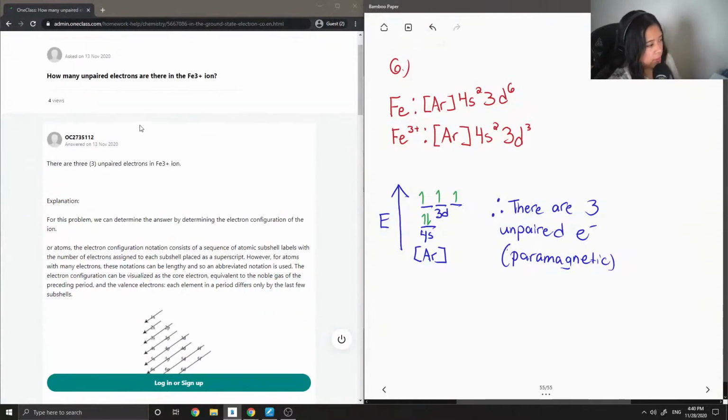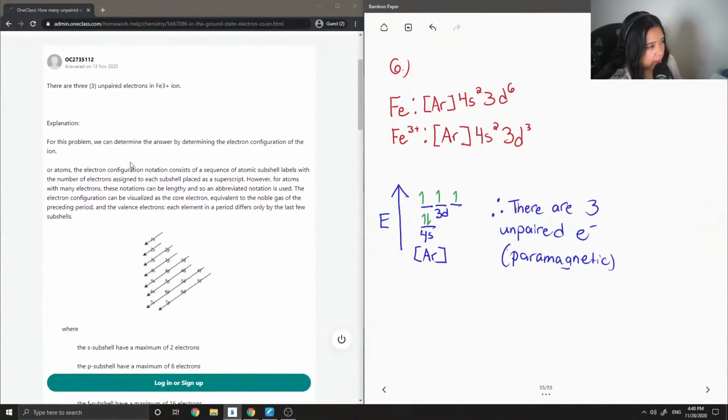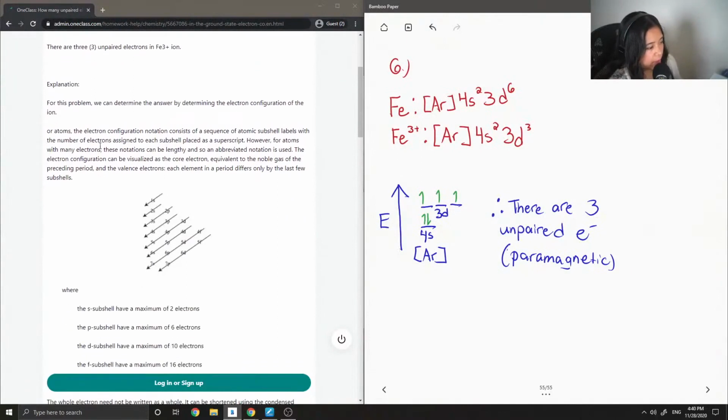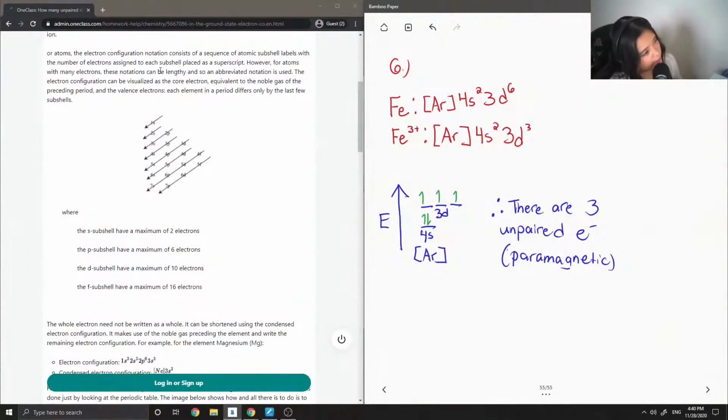Okay, so the junior tutor said there are 3 unpaired electrons in Fe3+. For this problem, we can determine the answer by determining the electron configuration of the ion, or atoms. Electron configuration notation consists of a sequence of atomic subshell labels with the number of electrons assigned to each subshell placed as a superscript. However, for atoms with many electrons, these notations can be lengthy, and so an abbreviated notation is used. Electron configuration can be visualized as the core electron equivalent to the noble gas of the preceding period,